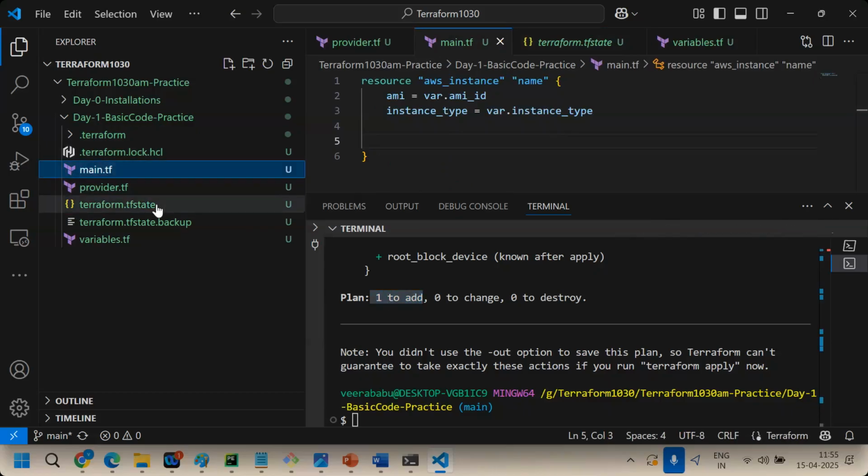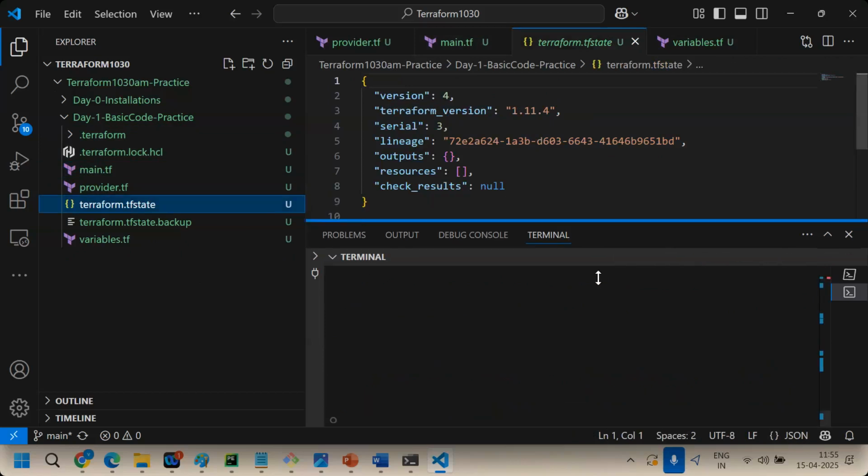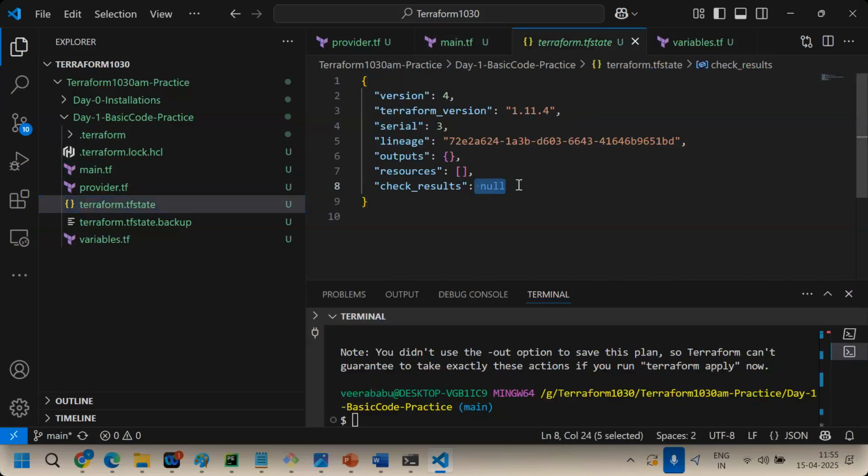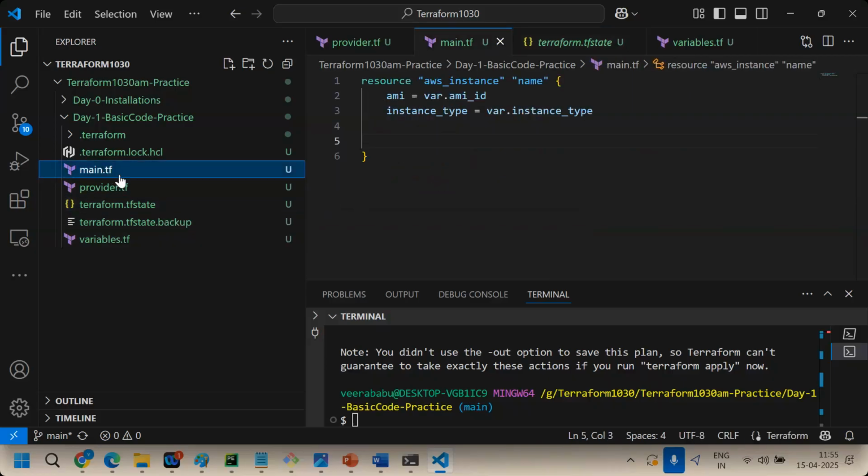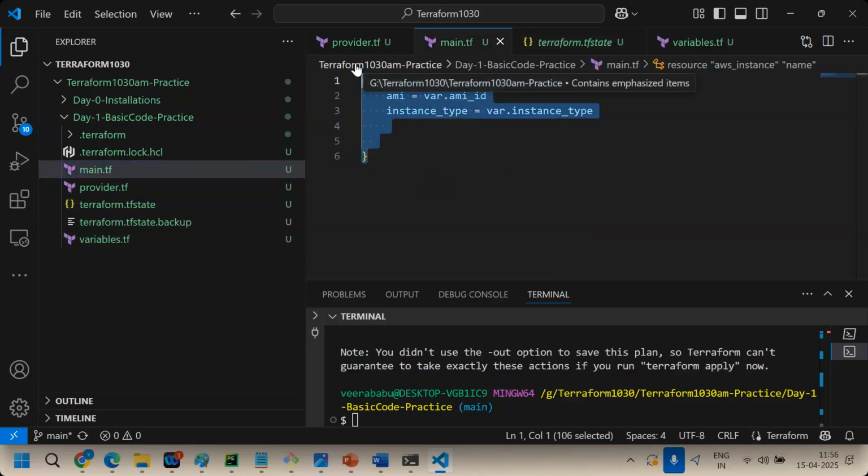Now if you go inside the terraform.tfstate file, the resources are null. Nothing is there inside the state file, which means what? This instance is not there in the cloud. How can Terraform understand whether this instance is already created, already running, or not there? The state file will take care. A state file is an interface between your resource block and the remote. Which state is this, desired state or current state?